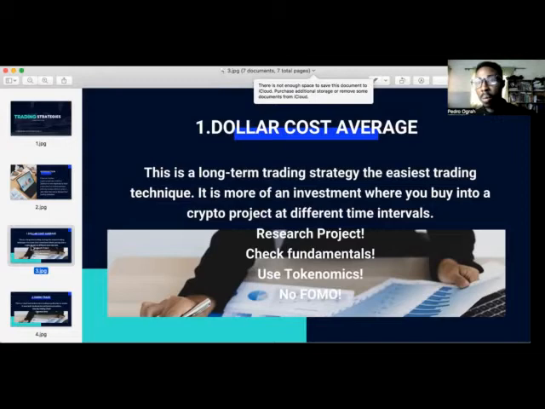Month 1, you put $200. Month 2, you put $200. Month 3, you put $200. Now, you might be asking yourself, what is the advantage of this dollar cost averaging? You know that cryptocurrencies are very volatile. Therefore, the price can fluctuate. So the price of cryptocurrency in month 1 cannot be seen as the price of cryptocurrency in month 2.